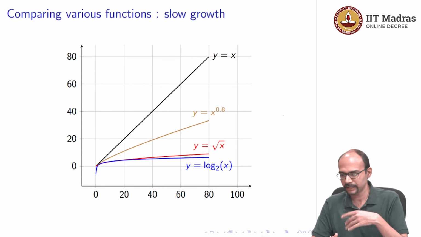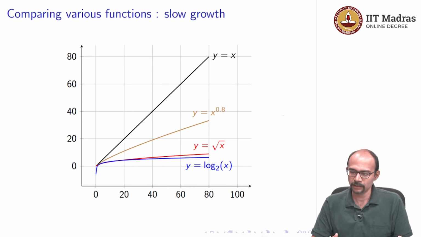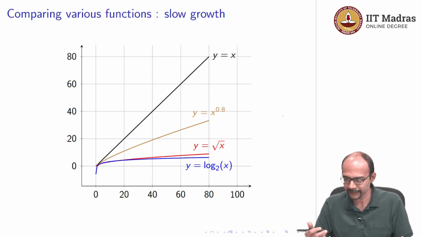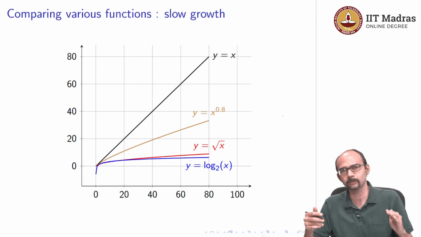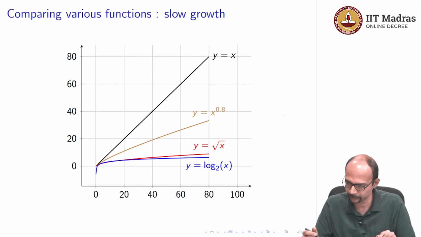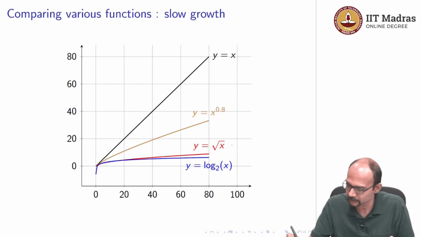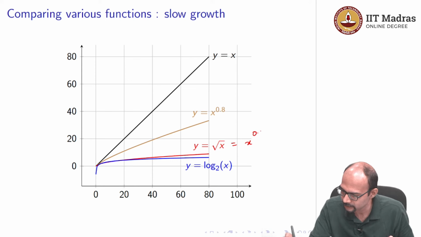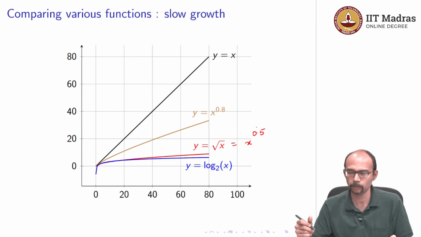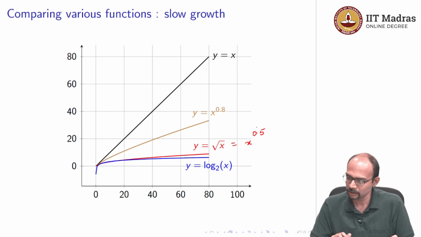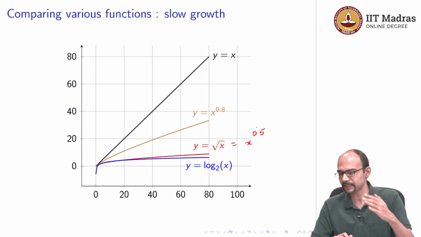Okay. And then on the other side we have slow growing functions. So, here is y is x, here is y is x to the power 0.8, which is the line in brown, not the line, sorry, y is x is actually a line, but y is x to the power 0.8 is actually a curve, but it is a very slow growing curve. So, it might look somewhat linear, and then you have y is root x, which you can otherwise write as x to the power 0.5 or x to the power half. So, you can see that it is below